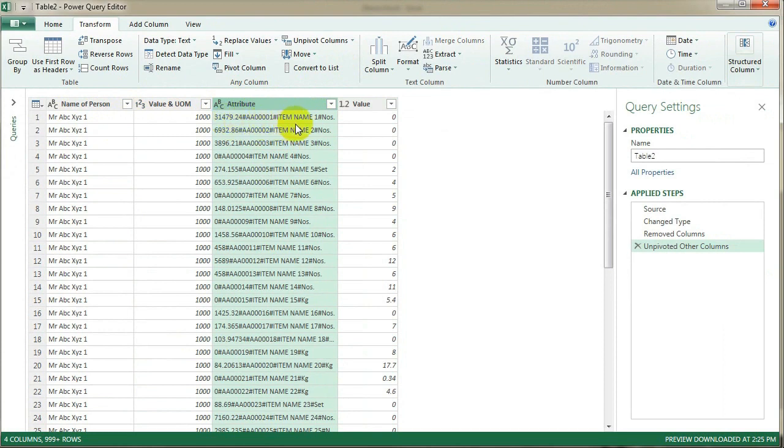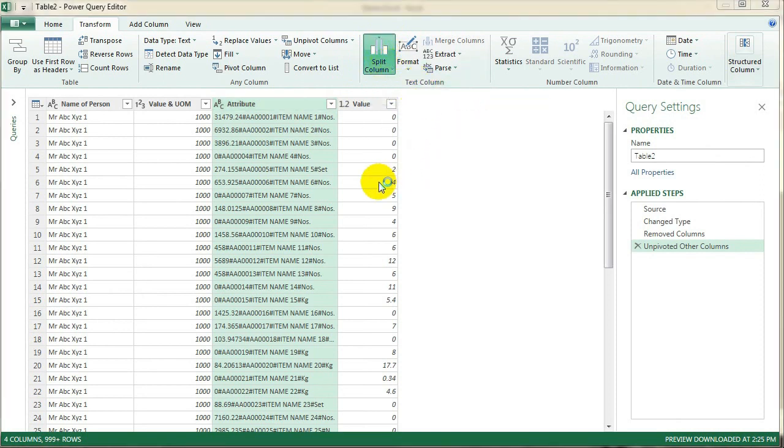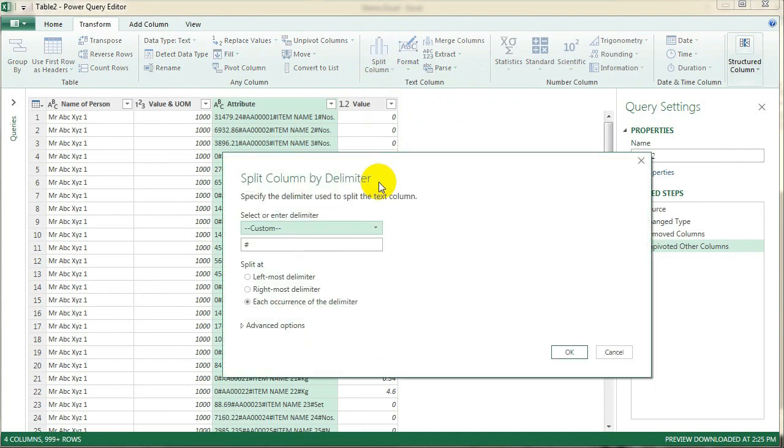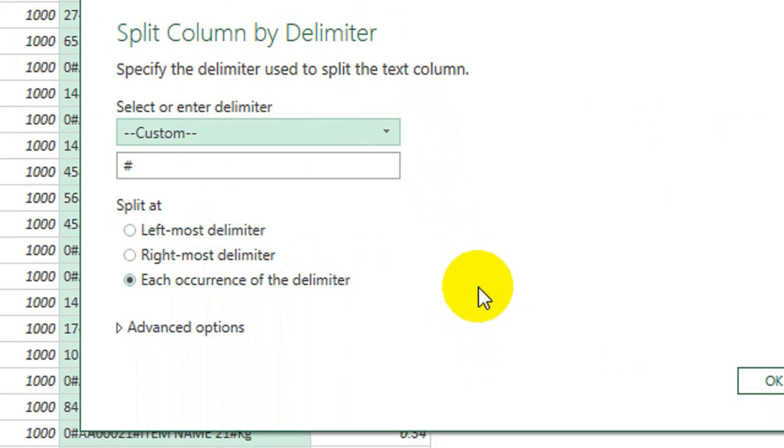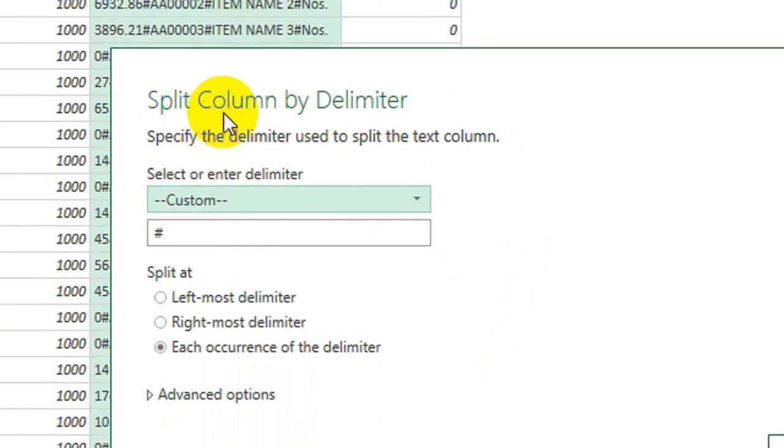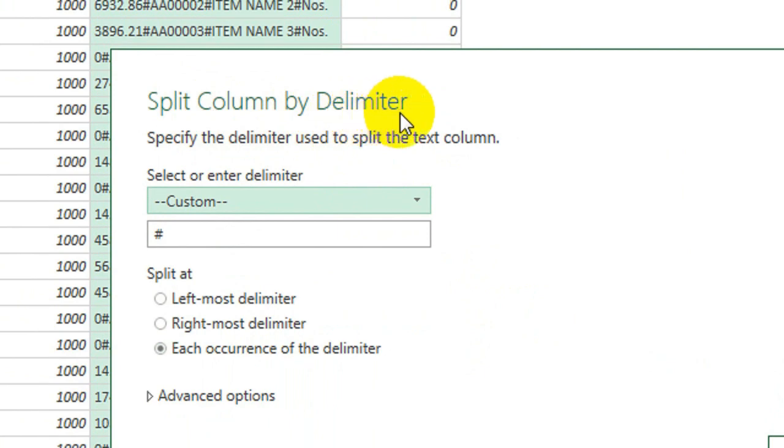I need to split the value. It is the same as Excel Text to Columns. There is a Split Column option. Click it, By Delimiter. Choose this one. A new pop-up appears: Split Column by Delimiter.